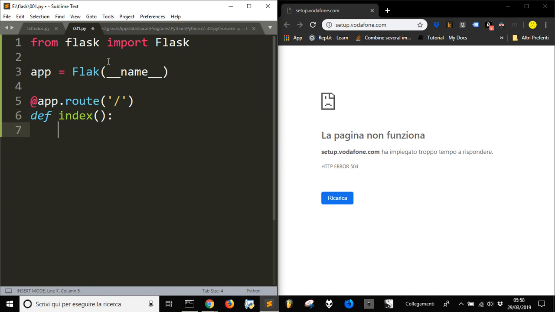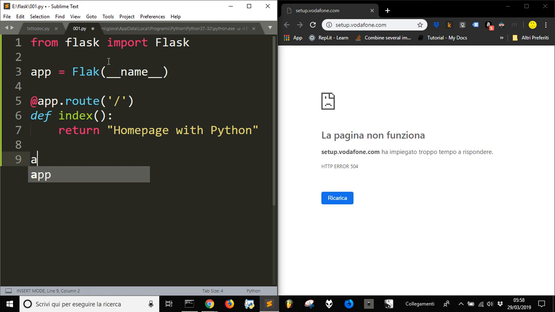nothing in it, and then return what you want to write in the home page, and you can write anything here. Let's make this, for example, return home page with Python. The last thing you've got to do is to run, use this function, debug equal true,